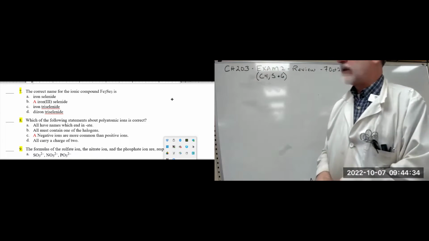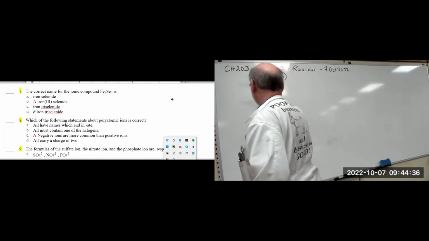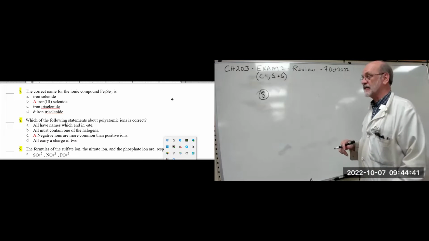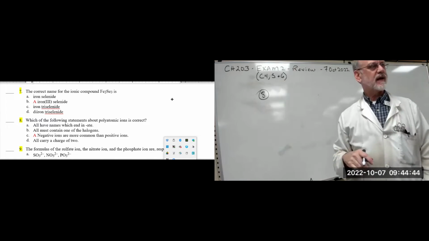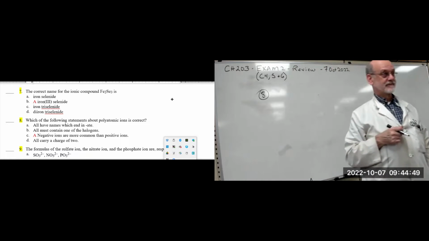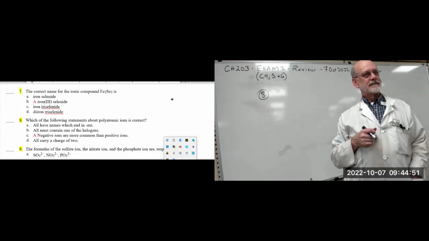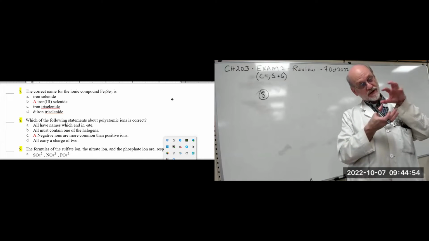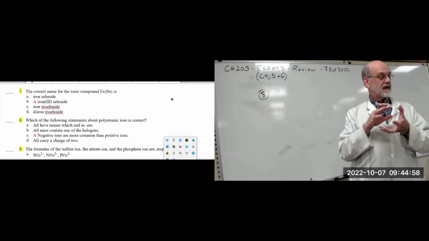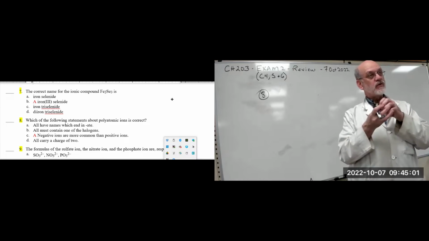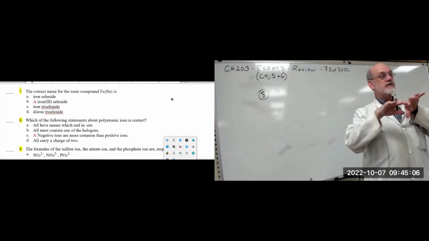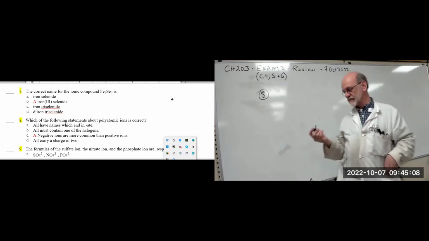All right, 8. Which of the following statements about polyatomic ions is correct? What's a polyatomic ion? Nobody? It's a collection of atoms that are covalently bound, and they act like a single unit ion. Can't break them apart. Charge is distributed over the entire group, such as